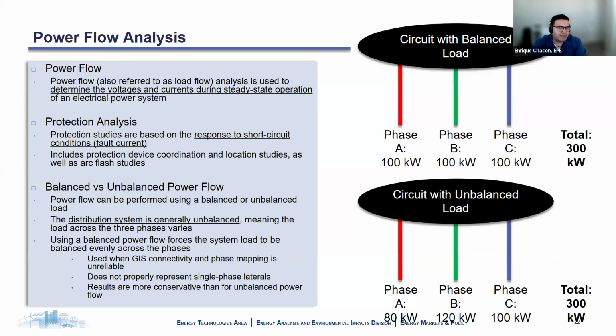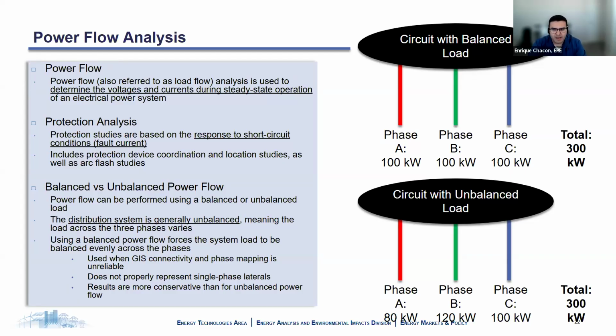Okay. Now for power flow analysis, it is used to determine the voltages and currents during steady state operation. And we also have protection analysis. As I mentioned earlier, protection studies are based on the response to short circuit conditions or even fault current. One of the key distinctions when it comes to power flow is balanced versus unbalanced power flow. What the graphic is showing on the right is, for the top, a circuit with balanced load, you have 100 kilowatts evenly distributed across the 3 phases. But on the bottom, the values aren't specified, but imagine that maybe one phase is loaded higher than the other. Now, while the total is still going to be 300 kilowatts, you have a little bit of an issue